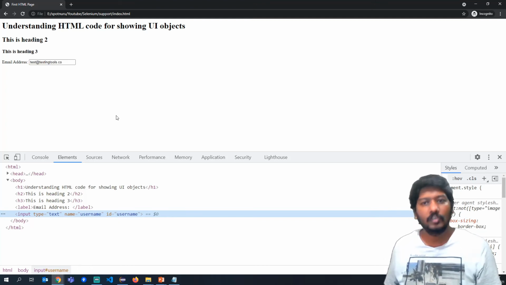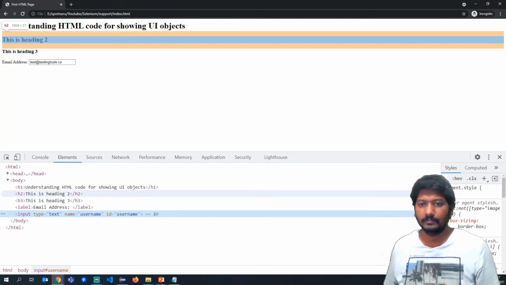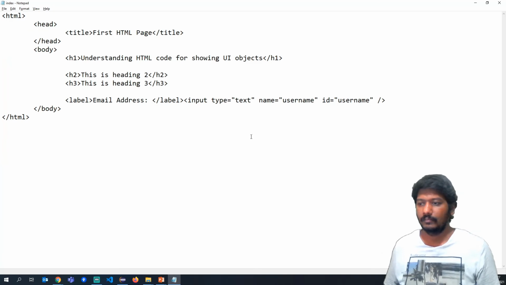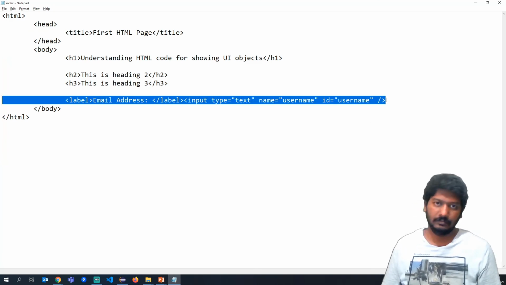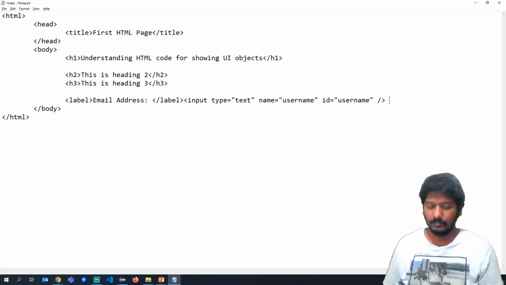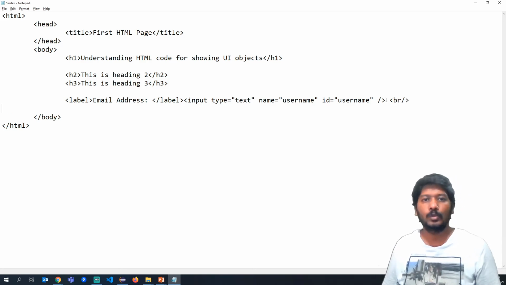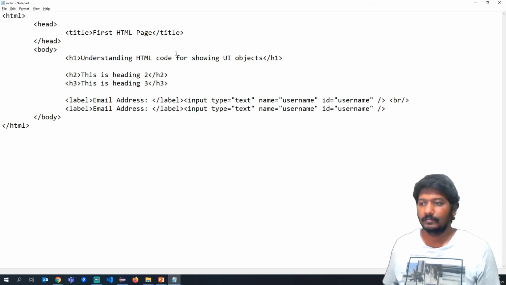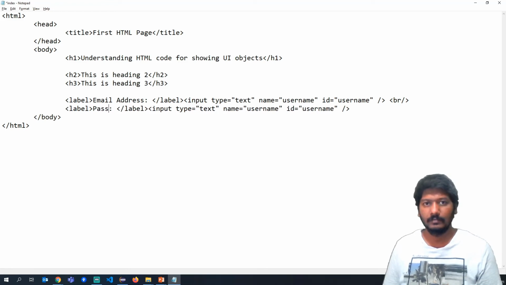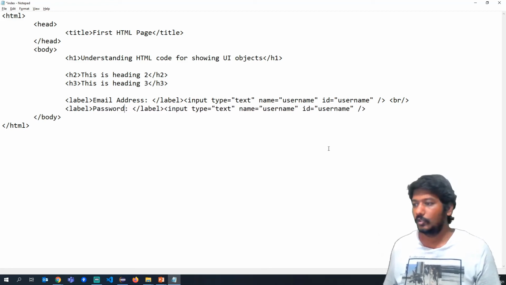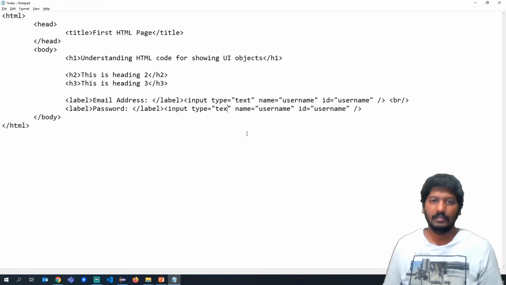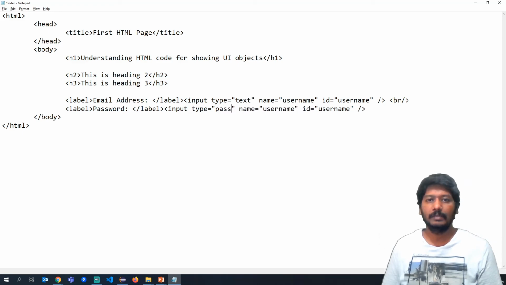Okay, so let me add one more field and see how it looks differently. This particular br tag is basically to add a new line. So here I can change this to type password.